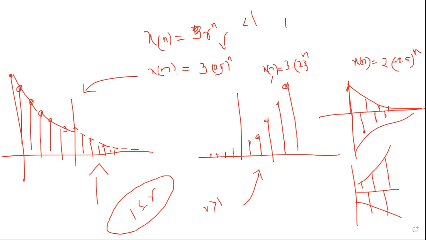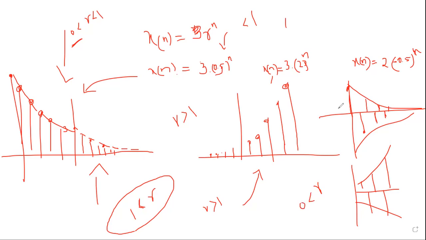So we have to draw it here, r greater than 1. I will fine tune this. The first case, a growing decaying exponential, was when my r was greater than 0 but less than 1. Between 0 and 1, there are decaying levels. The second case is for r greater than 1. This case is when r is less than 0.